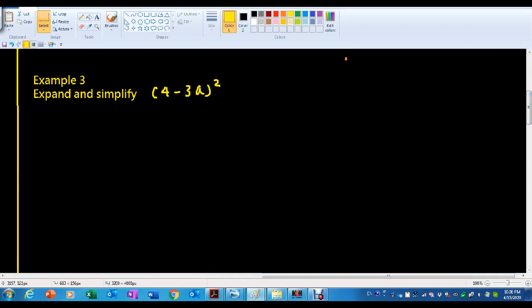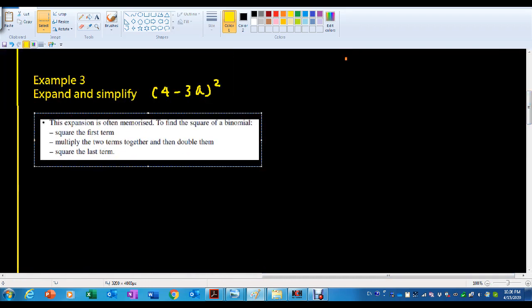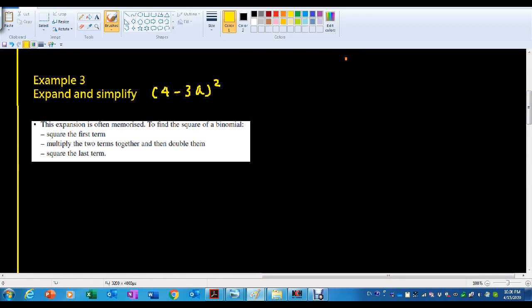To use this rule, remember that first you square the first term, and you multiply the first term with the second term and you double them. But in this case, remember, you need to put minus sign here,